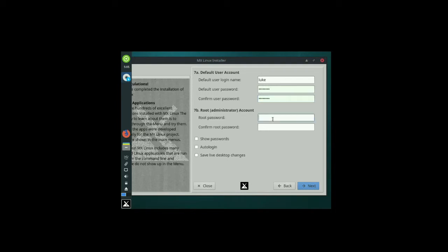So give them a password again if you want to, same password. So I'm giving this same password. So that is the choice, if you want the default user password or administrator password different from another. So after getting the password, click on next